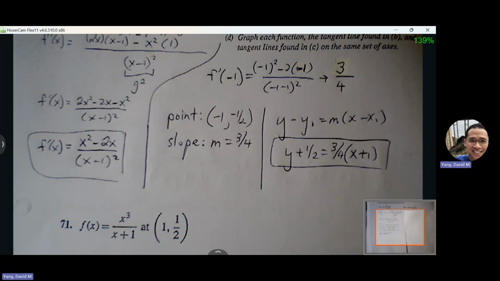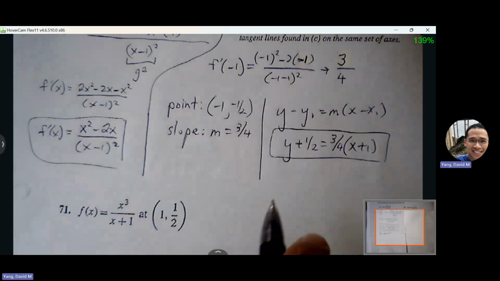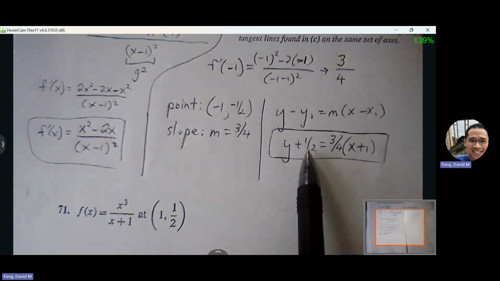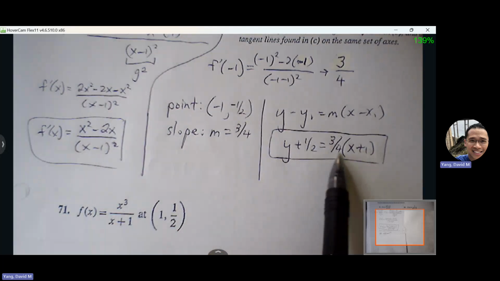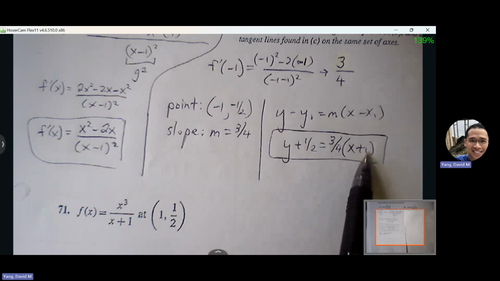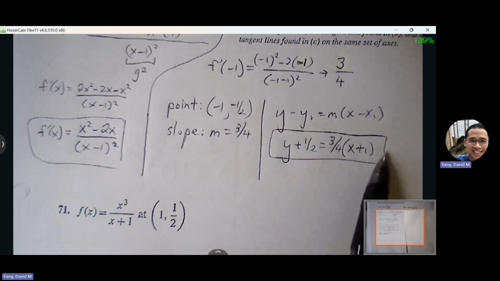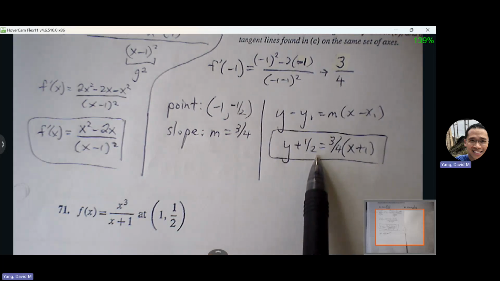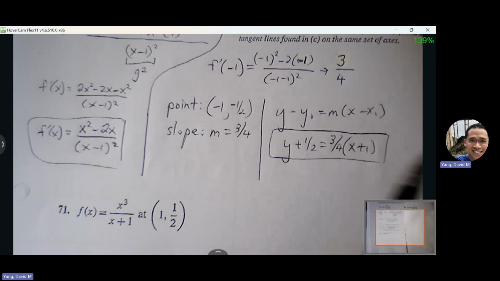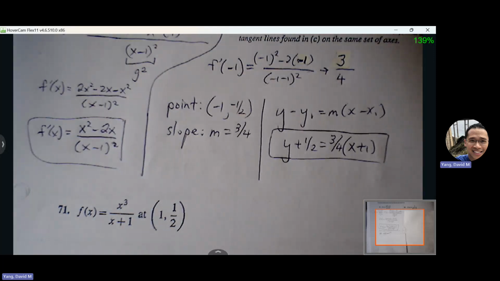We need to expand that, like the 3/4 times. No, you never have to. If it's in point slope form on the AP exam, they will give you full credit. We allow it in this form. You can expand, yeah, you can. If you distribute and get it into slope intercept form, there won't be any